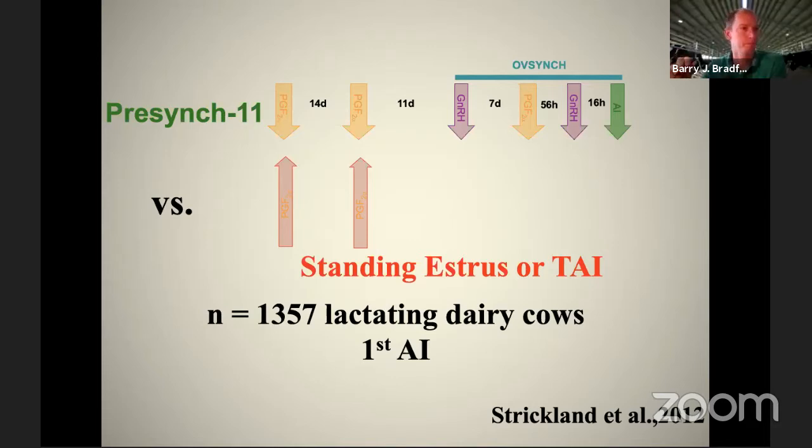Richard, while you have that up, I got a question regarding use of Presynch 11 starting as early as 14 days post-calving. Advice on that? It's a little early, 14 days, because Presynch 11, that first prostaglandin is going to do nothing. By the time you get 14 days later, the second prostaglandin might regress about 25 or 30% of the cows. Maybe a few more than that. There'll probably be 40 or 50% by then, possibly,